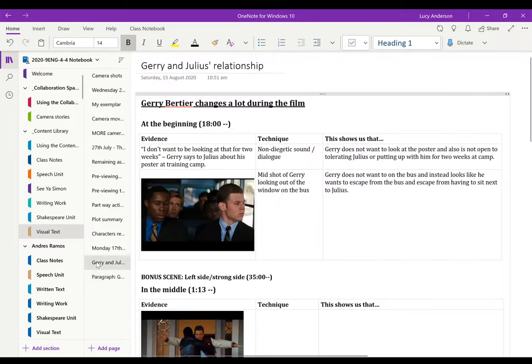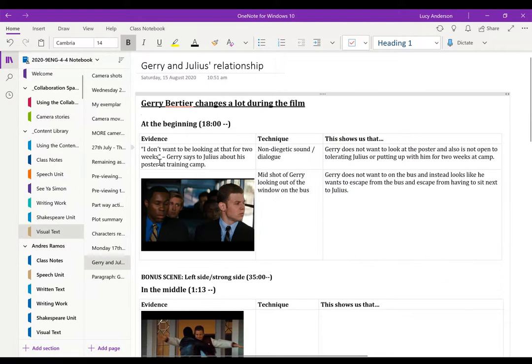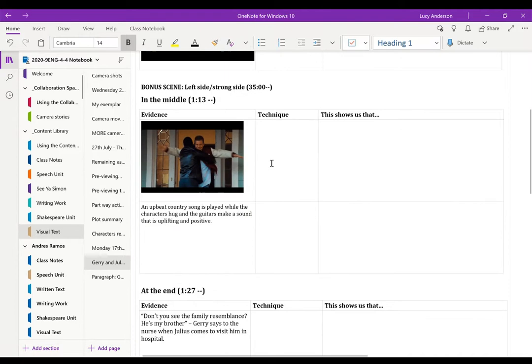What you don't want to do is just say we see a mid-shot. That's not going to help clarify what's going on. You want to make sure you've got a detailed bit of technique work there. So you want to say exactly what's in the shot, or if you're picking dialogue, you want to call it dialogue. Give the quote, say who said it, when they said it. If you're picking through soundtrack, you want to take in your description like that as well.